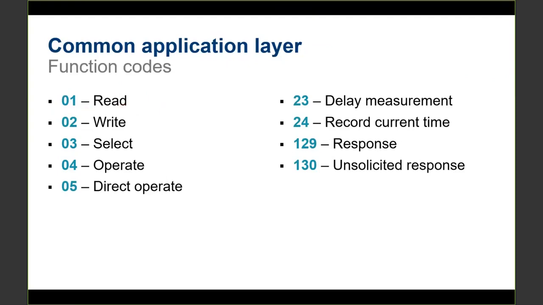Function code 02 is basically the write function, but it is not for sending controls. It could be used, for example, to write a new timestamp on the relay. And before sending this function code 02, typically the master station sends function code 23, the delay measurement. So this function code 23 is a way that the master station